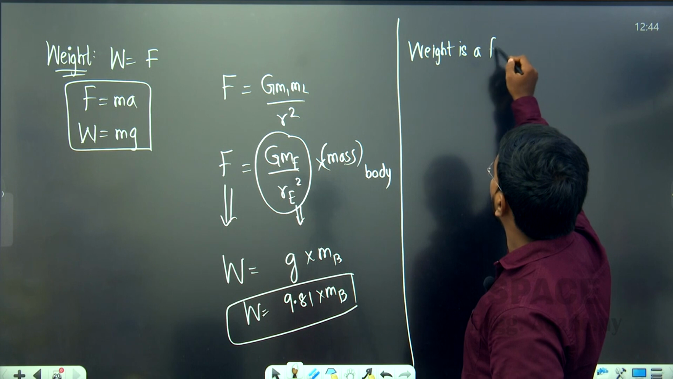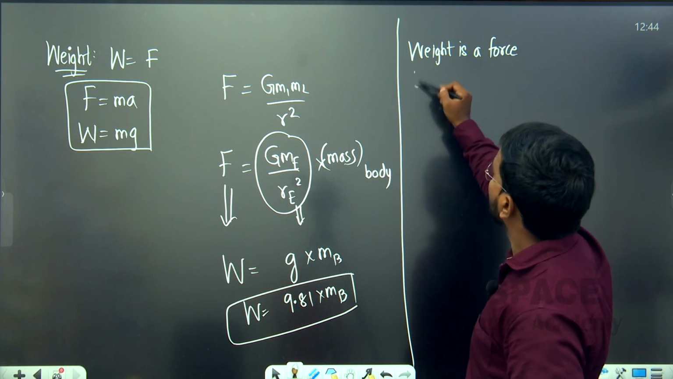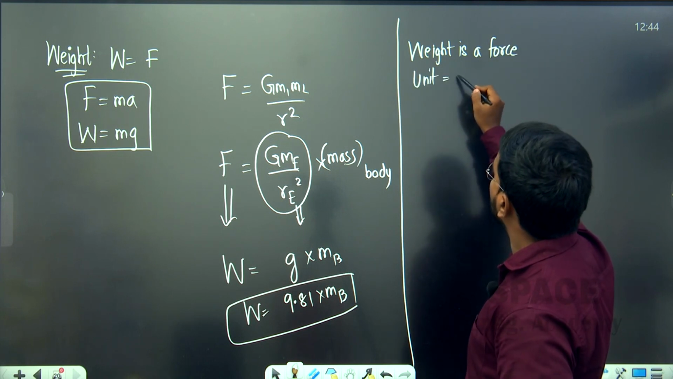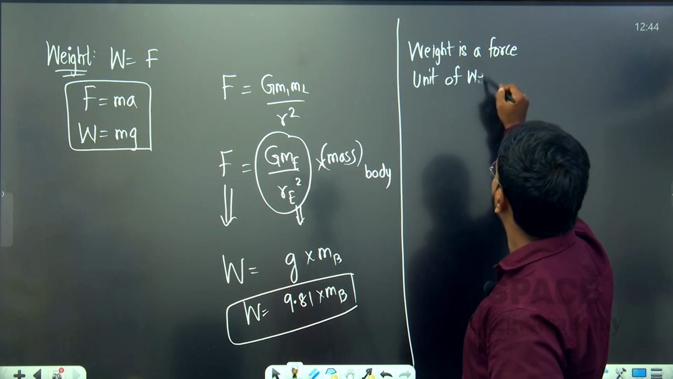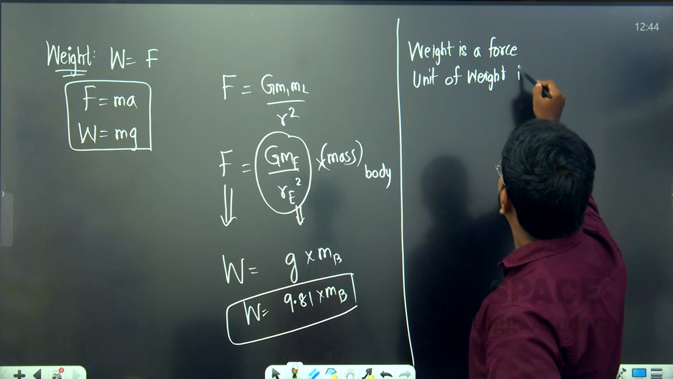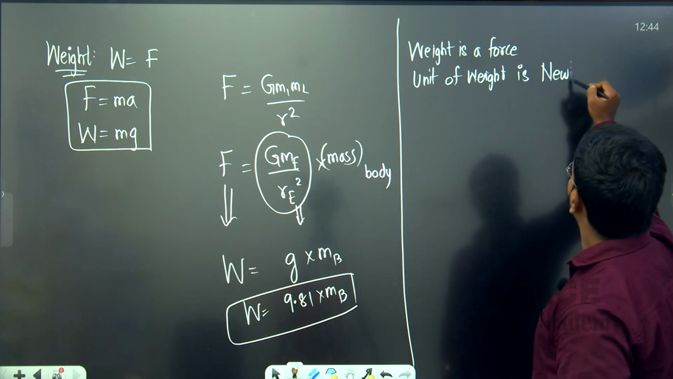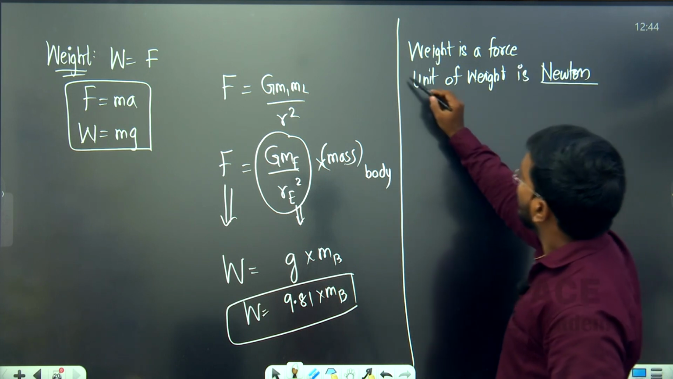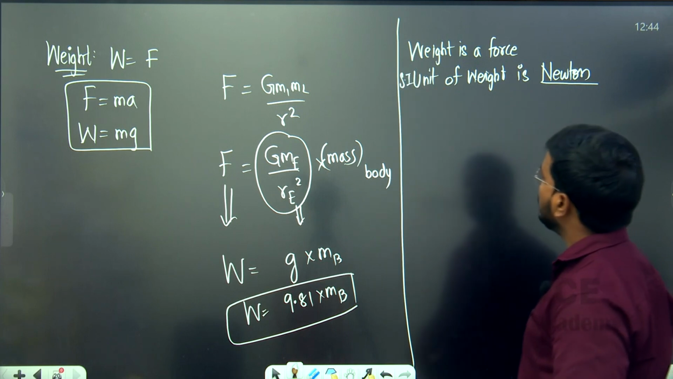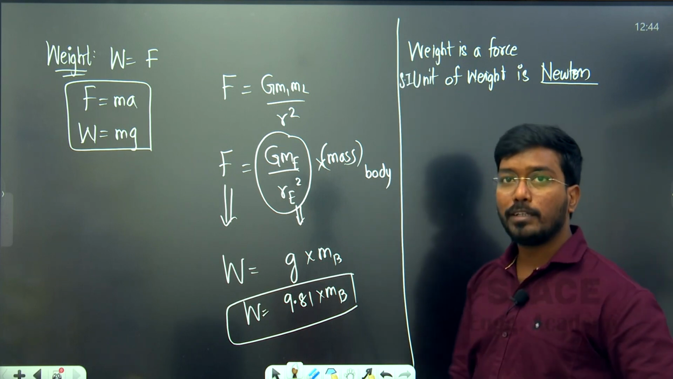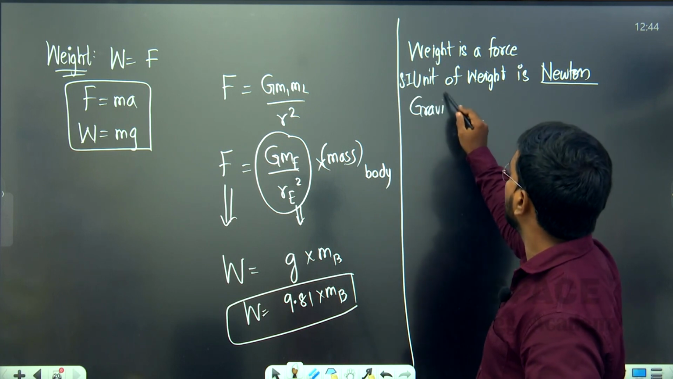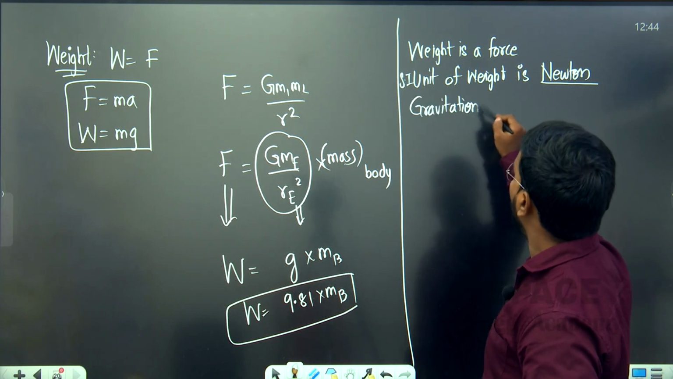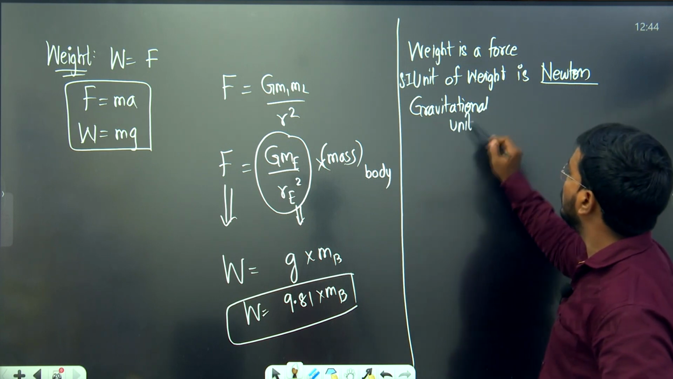Weight is a force. What is the standard unit of force? Newton. So the unit of weight is Newton, the SI unit. Okay, SI unit of weight is Newton. There is one more unit that we need to know about, that is the gravitational unit of force. What is it? Gravitational unit of force,